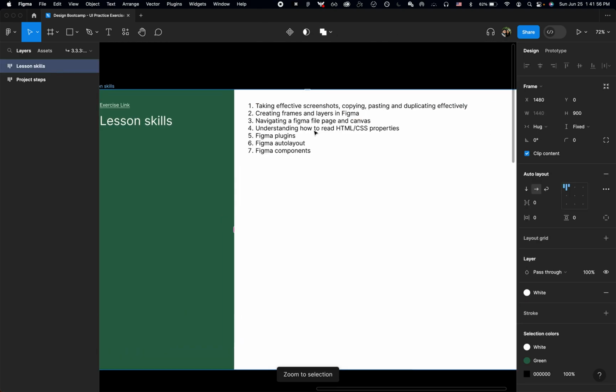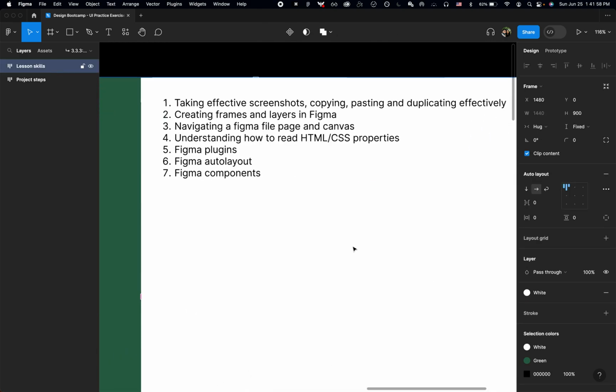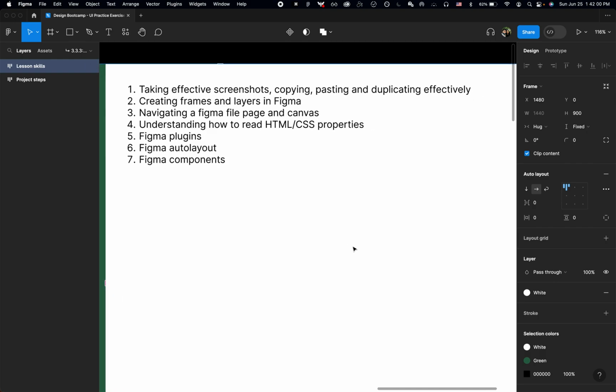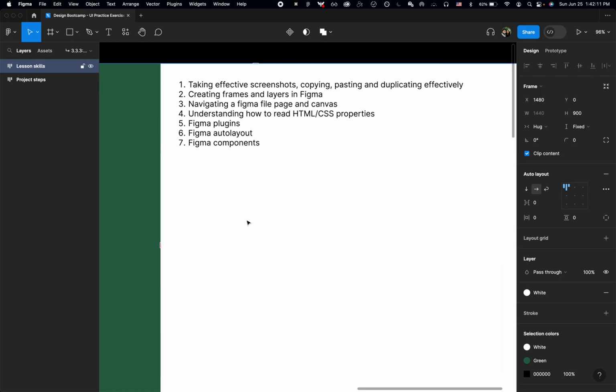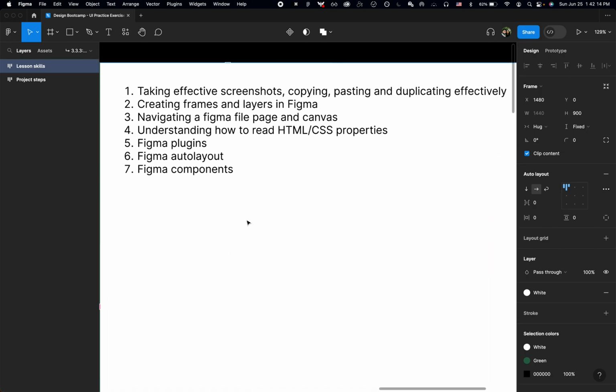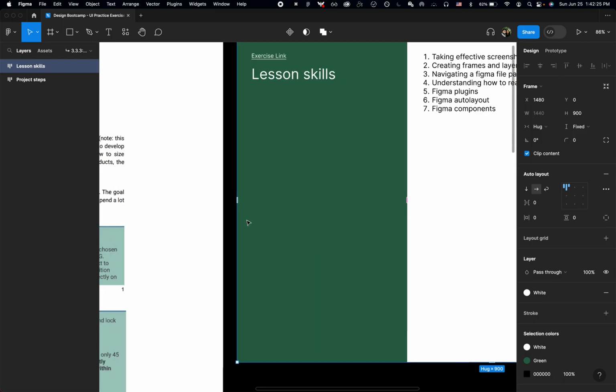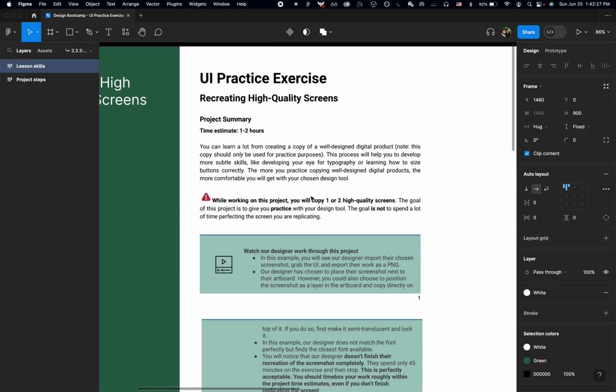So in this particular exercise, we're going to be covering how to take effective screenshots, copying, pasting, and duplicating those screenshots effectively, creating frames and layers in Figma, navigating a Figma file page in Canvas, which we're already starting to do a little bit, understanding how to read some basic HTML, CSS properties, Figma plugins, Figma auto layout, and Figma components. So we're going to be touching on a lot, even in this basic exercise of recreating a UI screen